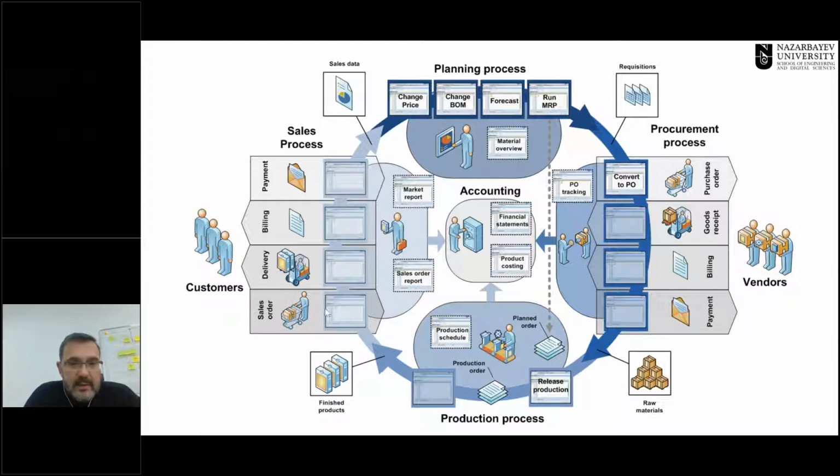But how is this sales order fulfilled? So this desk will go to the customer if the desk exists indeed in a warehouse. Here, this is the warehouse of the finished products. In order for this warehouse to be filled, the production has to be run, and it has to produce many things and many products to fill in the warehouse. But in order for the production to run, the production needs raw materials. And who is going to provide the raw materials? It's going to be the suppliers and vendors.